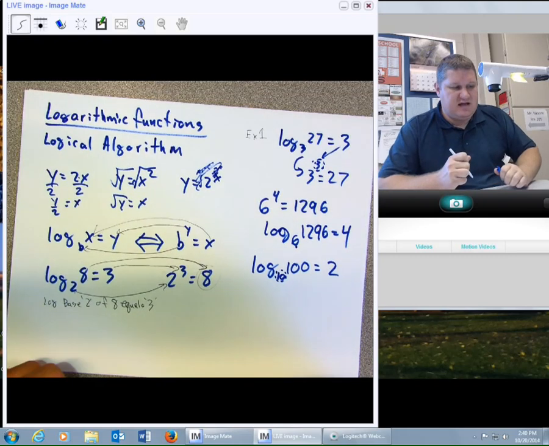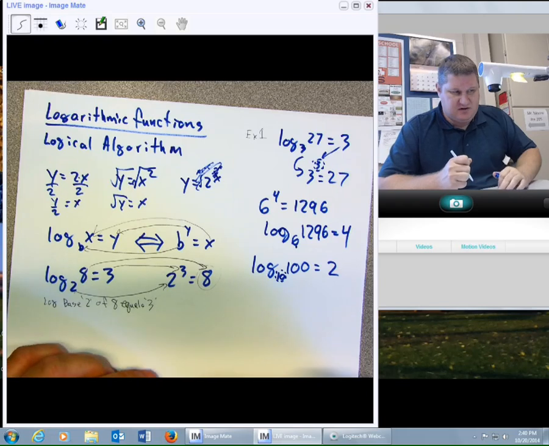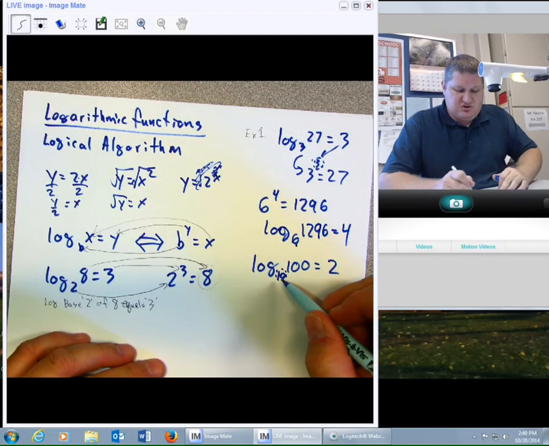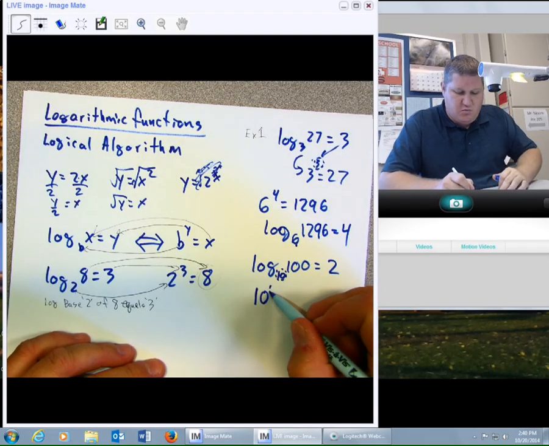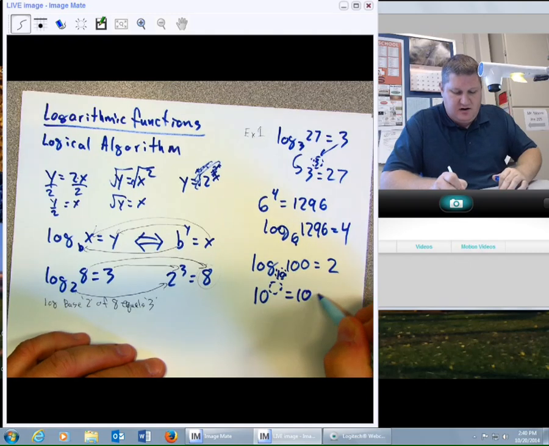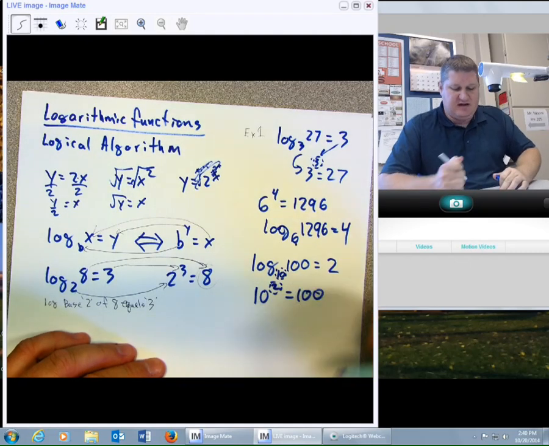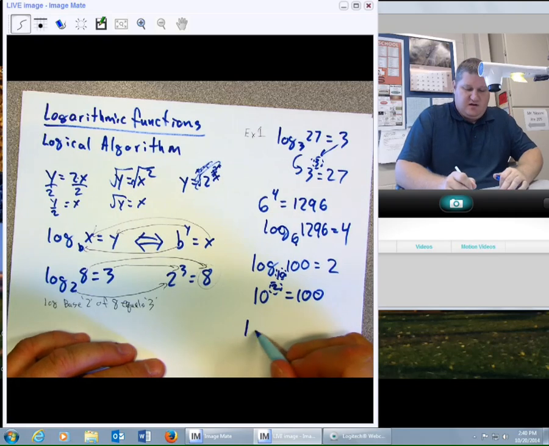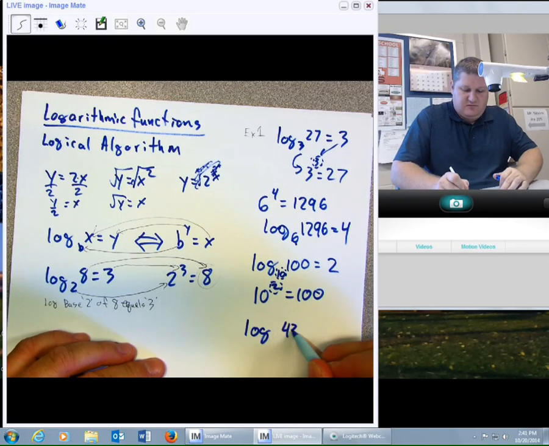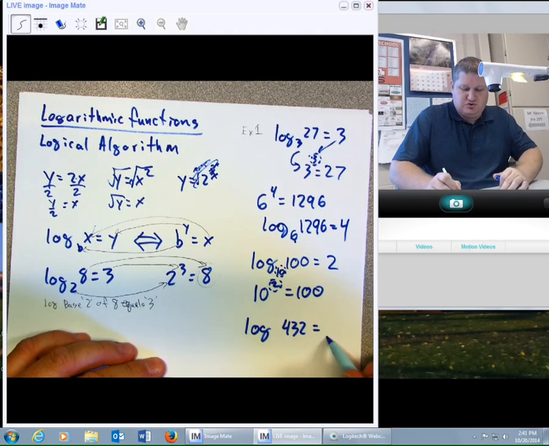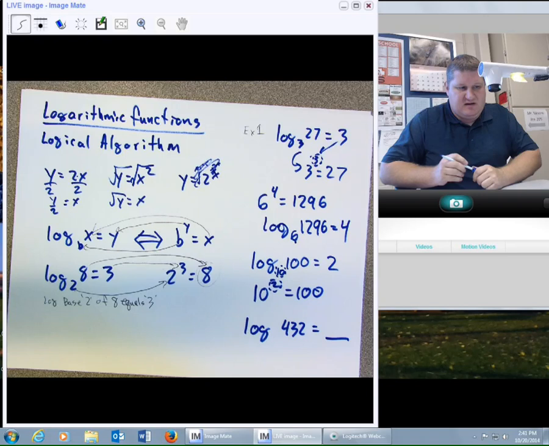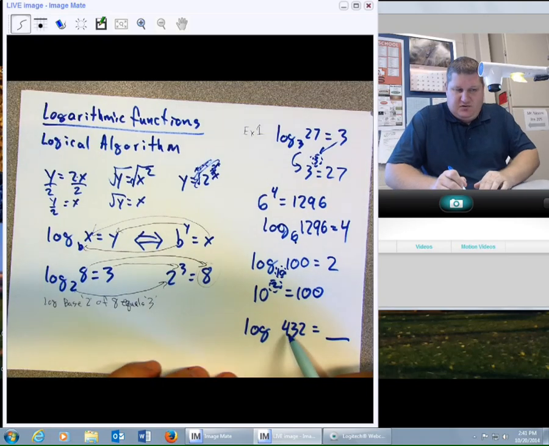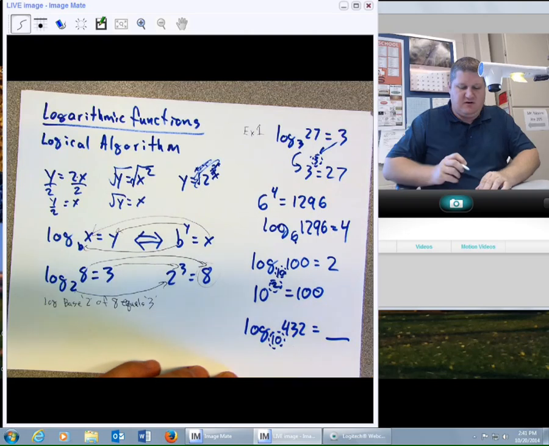Just like it is in every number system we use. It's log base 10. So we're really saying 10 to the what power equals 100. Well, that would be 10 squared. Now, if I say log of 432 equals what? Well, my problem is that 432 is not a perfect power of 10. And why 10? Because we don't see it, so the default number is 10. So 10 raised to what power